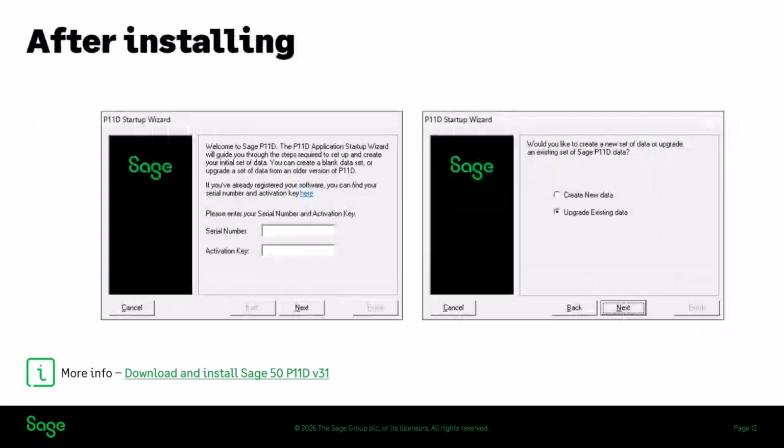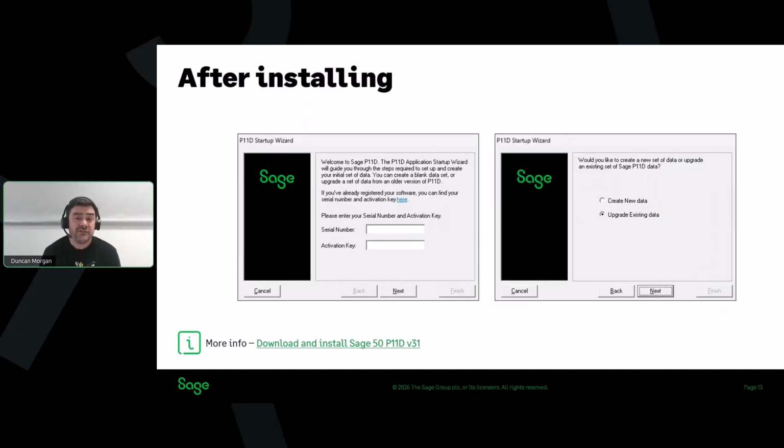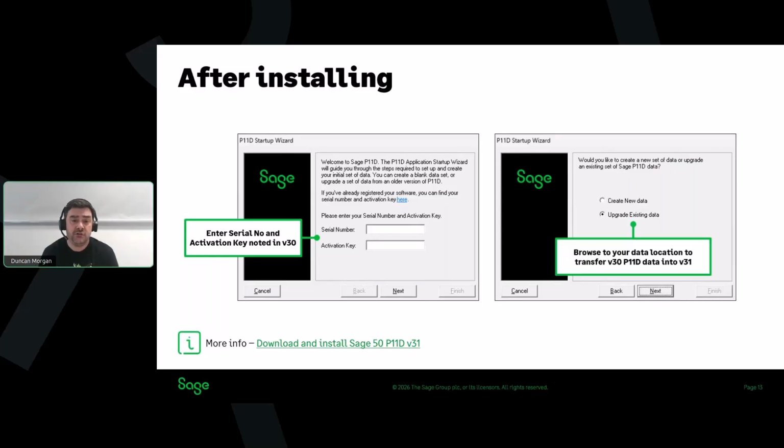So just to finish off the installation section. After you've installed version 31 and you launch it for the first time, you will be asked to enter your serial number and activation key. You can make a note of these from version 30, or you can find them by logging into your MySage account on our website. You then have two options. You can either browse to existing data to have that copied over and converted to version 31, or you can choose the option to create brand new